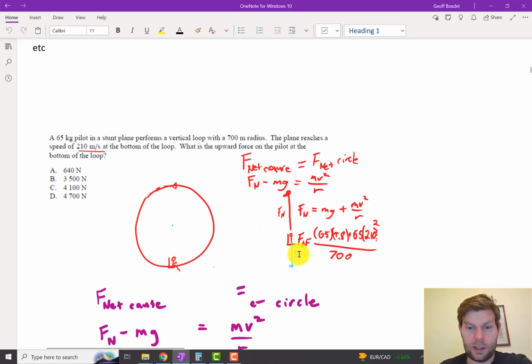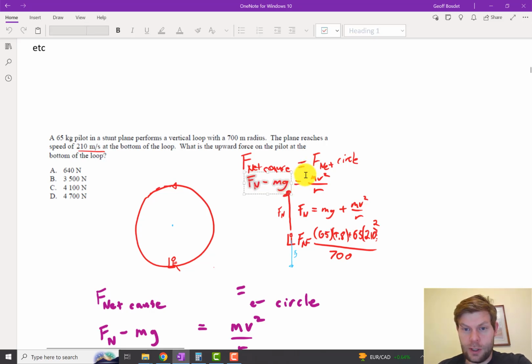If this one was bigger, he would curve down instead, or if they were equal, he'd keep moving in the same direction in a straight line. So this must be bigger to have him curve up with the circle. So net force towards the center. So we just do our big minus small in this case. That is our net force because of the things causing it. Normal force minus mg